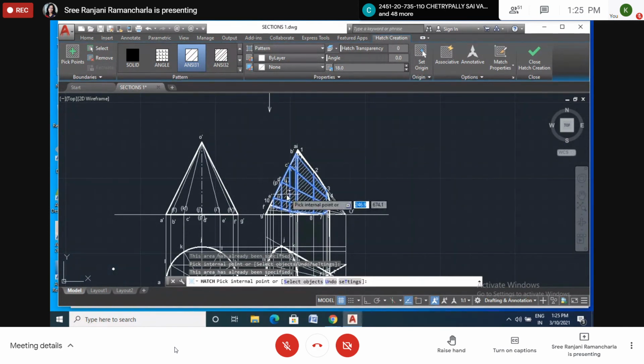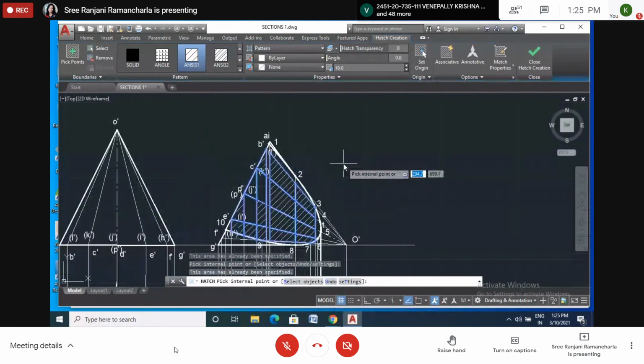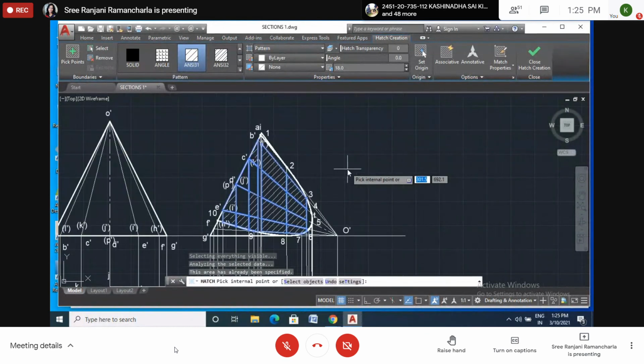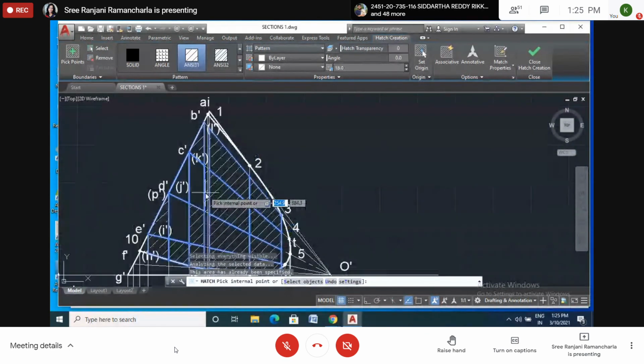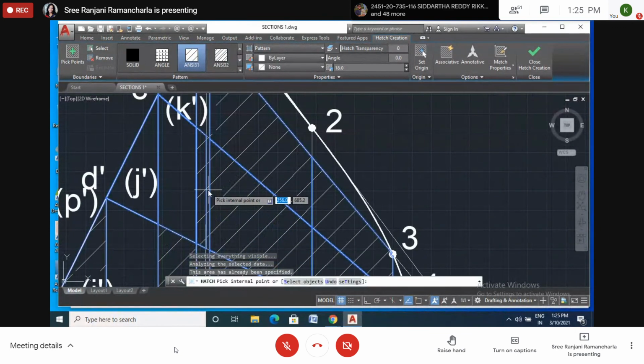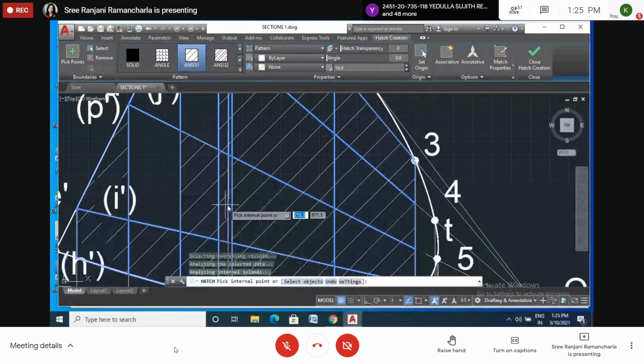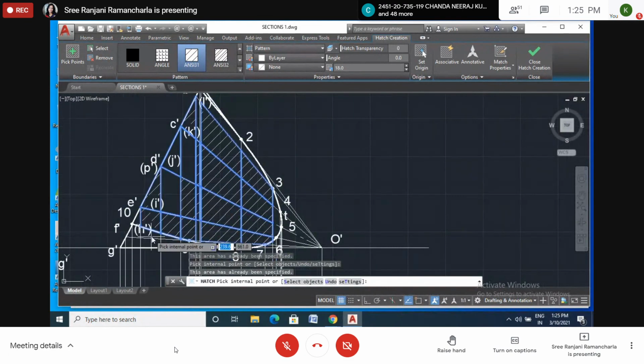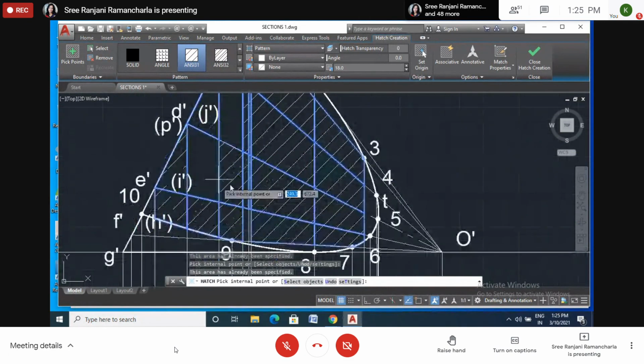White is not selected. Okay, leave it. Here it is not required. Okay, leave it.